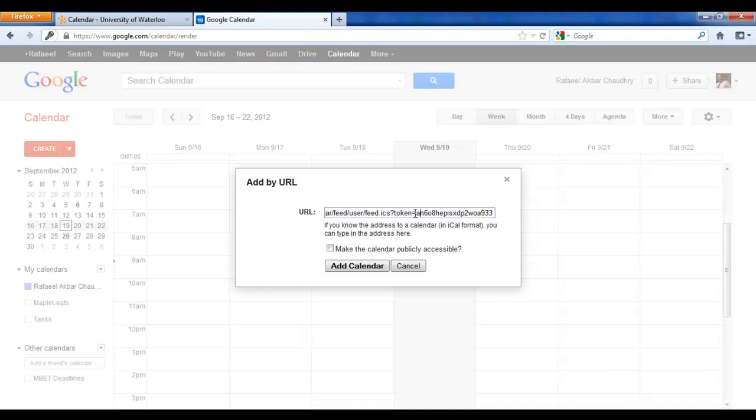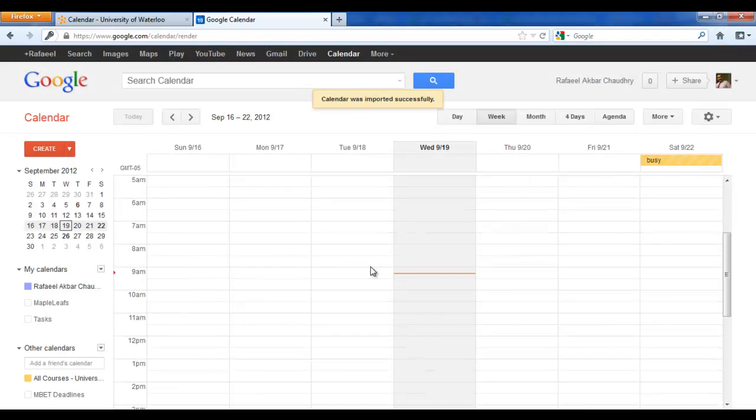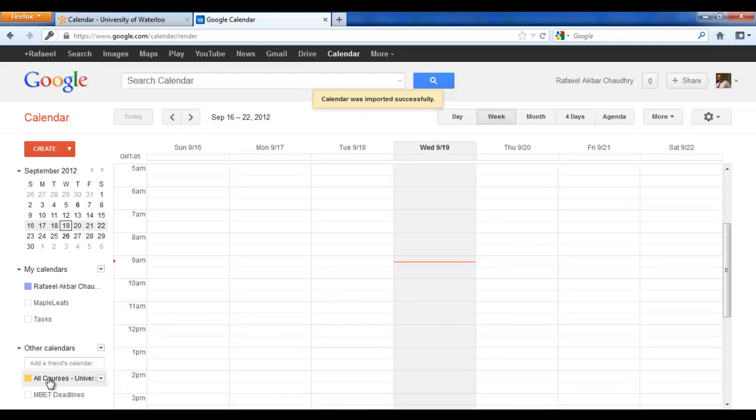paste the link. So you can make your calendar publicly accessible as well. Like if one of you actually syncs it with his Gmail or Outlook, then he can share with others who are using a calendar in Gmail or stuff like that. But for now, I'm just leaving it as private. Add calendar. So the calendar has been added, and now you can see that the all courses University of Waterloo is appearing